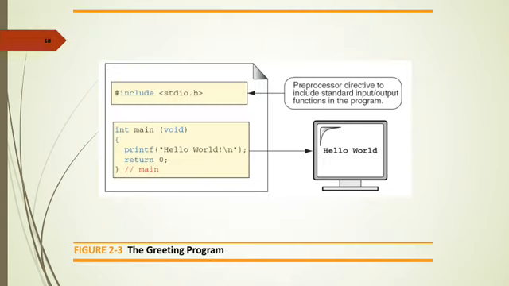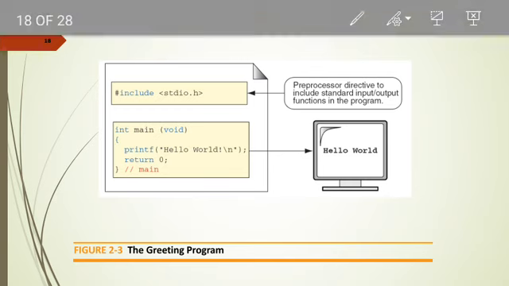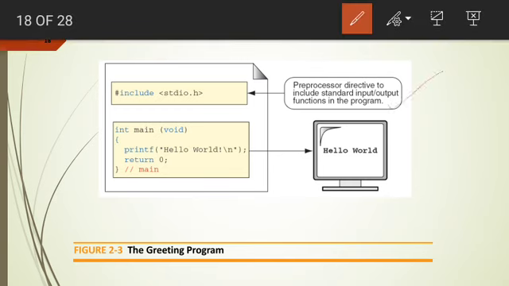Now in detail we will see what the program header is and what the main section is. We saw in the previous slide that a program starts with the preprocessor directives. Preprocessor directives are nothing but these hash include statements. Each and every program should start with a hash include statement, meaning this structure will be the same for every program. So it is hash include stdio.h. Then after that you will write the code like the main function.